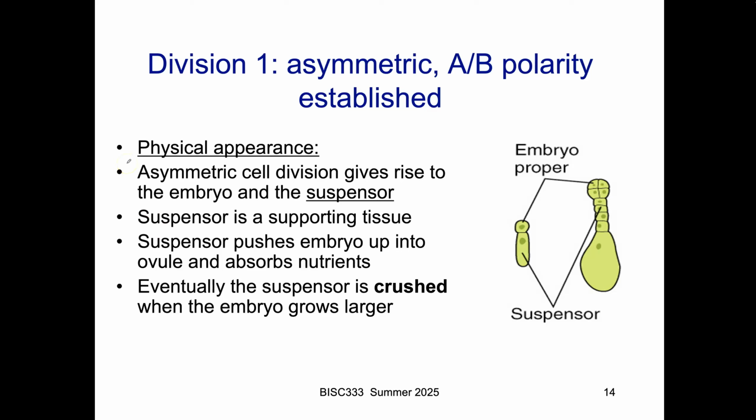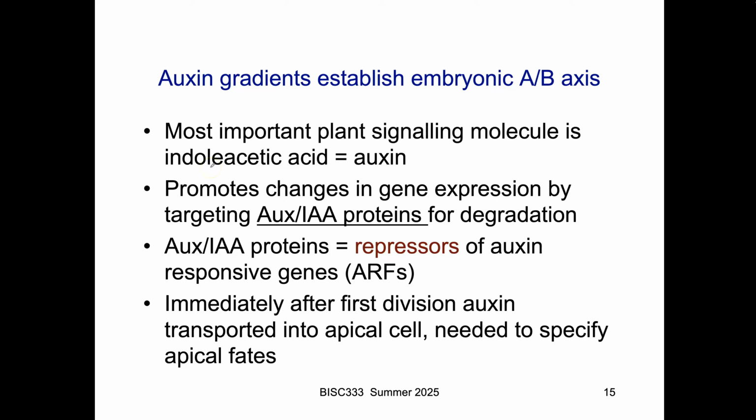Okay, so the first division is that asymmetric division, and the apical basal polarity is established. I've already talked about this stuff, so this is just to remind you. And it turns out that auxin, gradients of indole acetic acid, which is auxin, is the most important signaling molecule in many of these early developmental processes. It does different jobs in different parts of the plant, and we'll talk about some of those in probably the